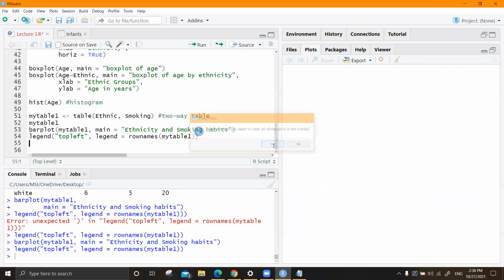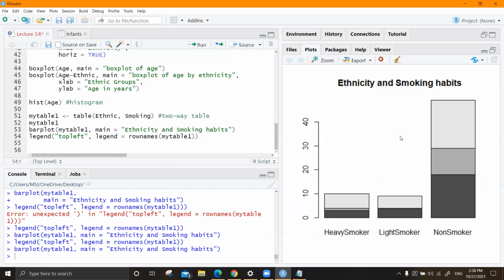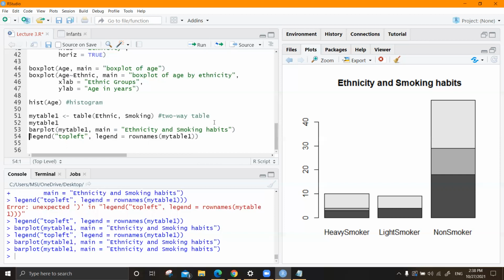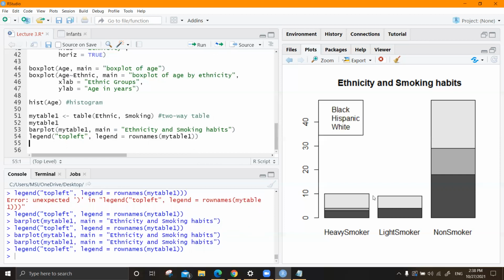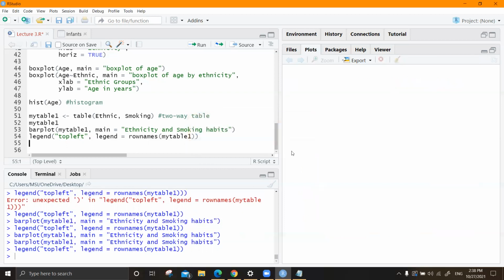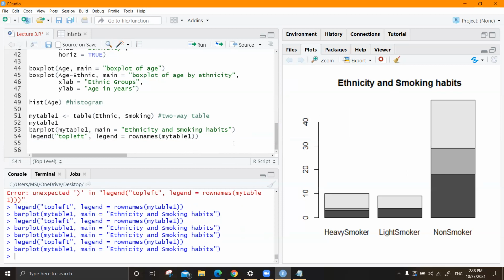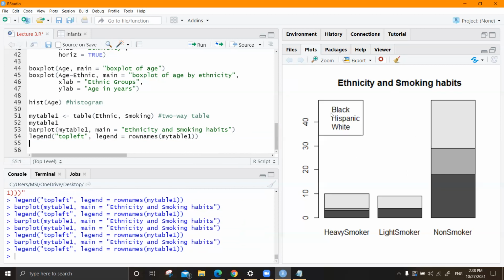So let me clear this back again and show you. If I compile this line, I'm getting a bar chart, right? Let me compile this line back again and then compile this line. See, in the previous chart, I didn't get anything. Next chart, I got both the things, right? You don't have to do it. If you want this legend on this chart itself, it's just a matter of compiling this line and then this line, because you are getting it on top of this.